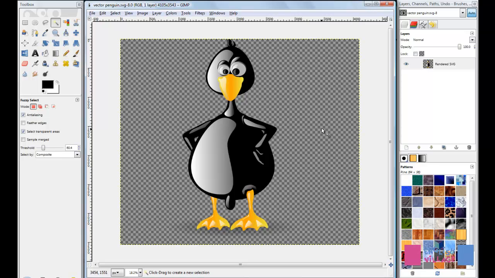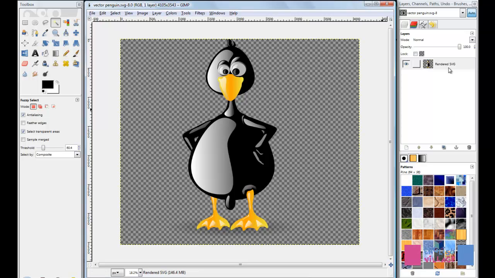So if all you want to do to the images that you save in the SVG format is have them increased to a certain size, then you don't actually need to open them in Inkscape at all. You can just drag them into GIMP, type in the size that you want the image to appear, and it's going to appear with absolutely perfect detail every time. Plus, of course, the bonus, we have this transparency for us,